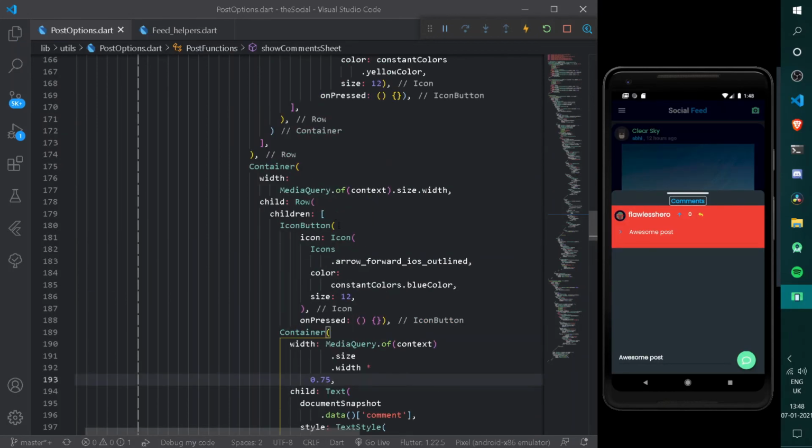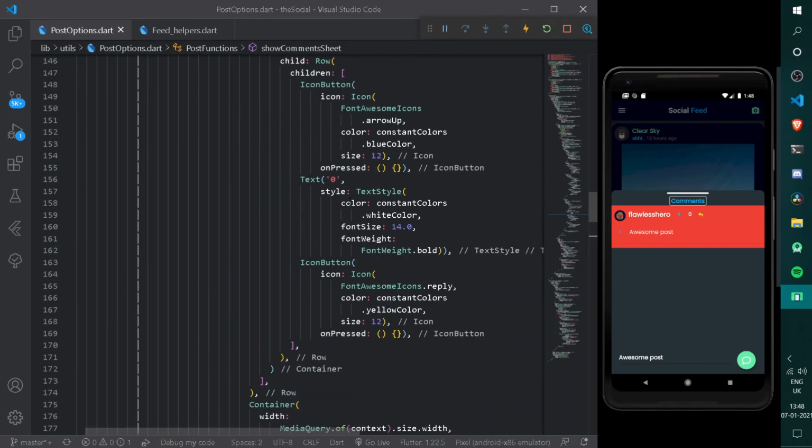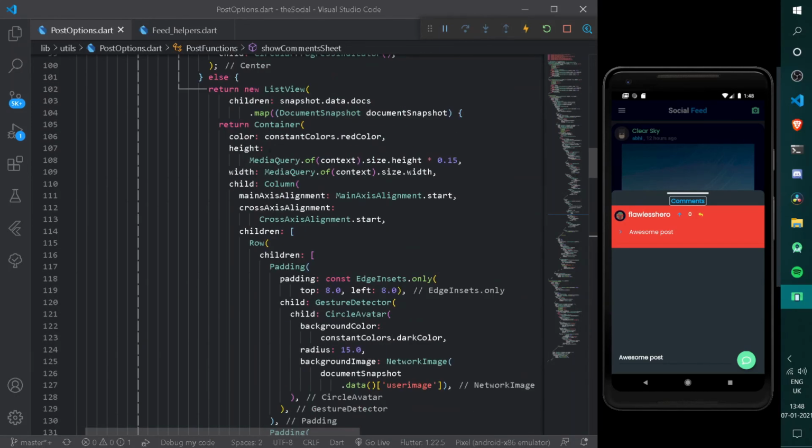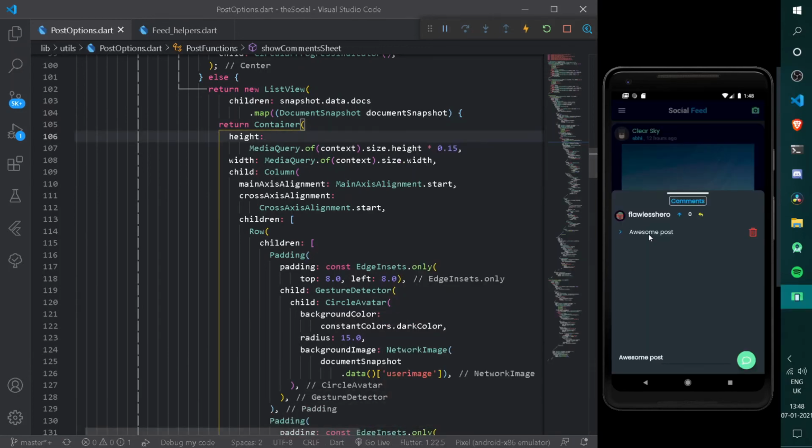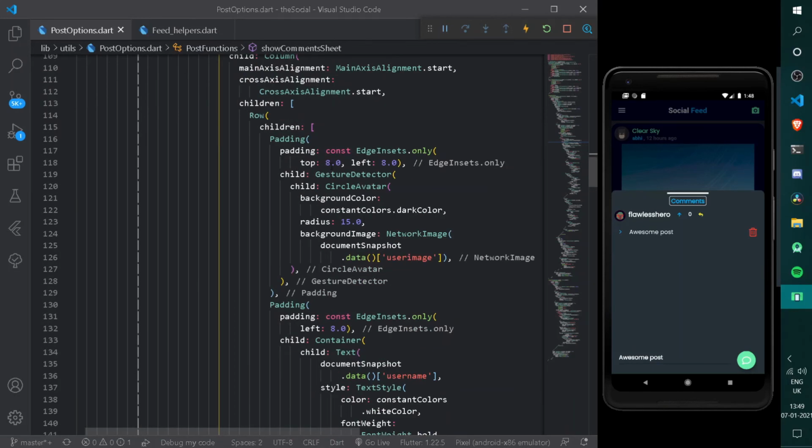So what I will be doing is simply removing the color of the entire container to light it up. So for that, let's remove the container color. Open it one more time. Awesome, so everything is looking more lit and cool. So now I will remove the padding from top of my circle avatar. Let's open it. And also we have our comment here of awesome post. So we have our entire comment here.